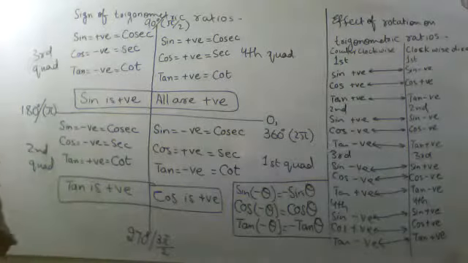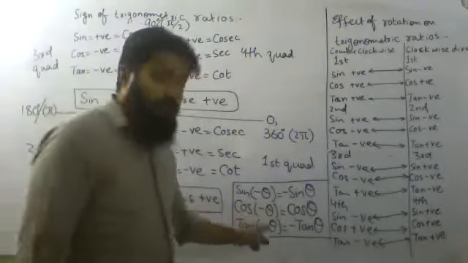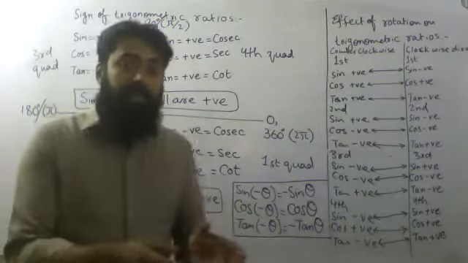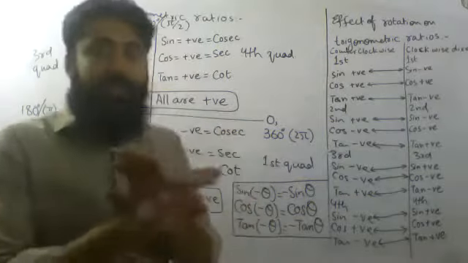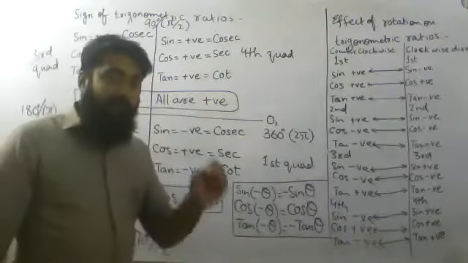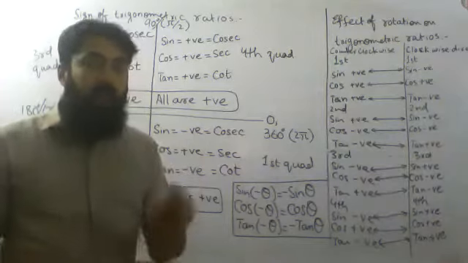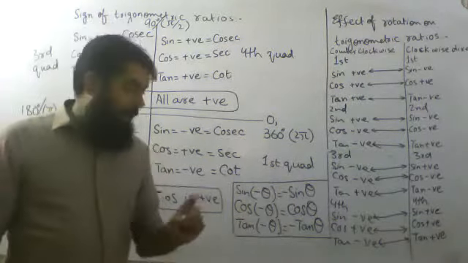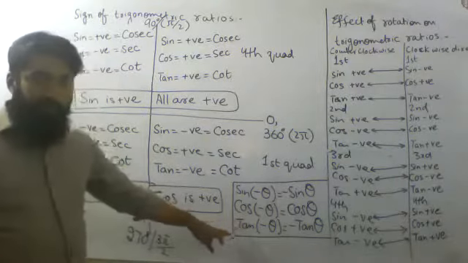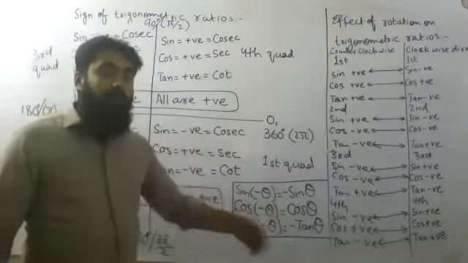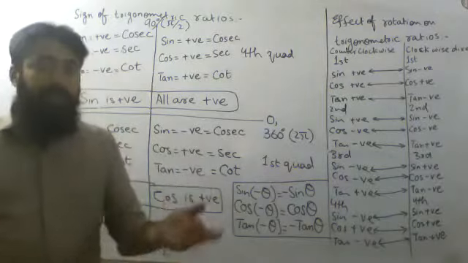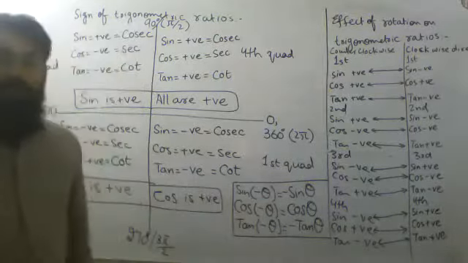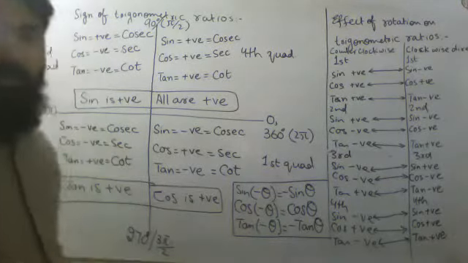Okay. When it comes to cos, so cos 30 degree and cos minus 30 degree, the sign change will not affect the value. Whatever is the value of cos 30 degree will be the value of cos minus 30 degree. And when it comes to tangent, tangent minus 30 means tangent value of 30 degree with minus sign. This is the whole concept which is being represented over here.